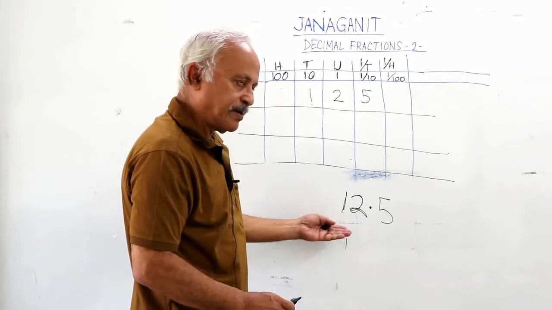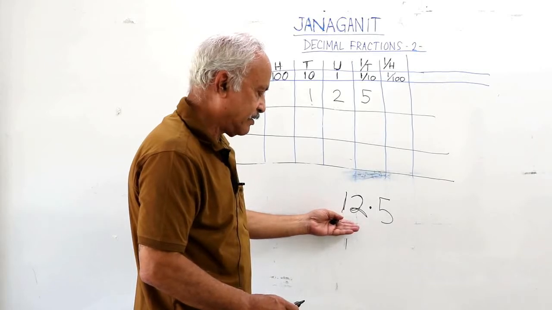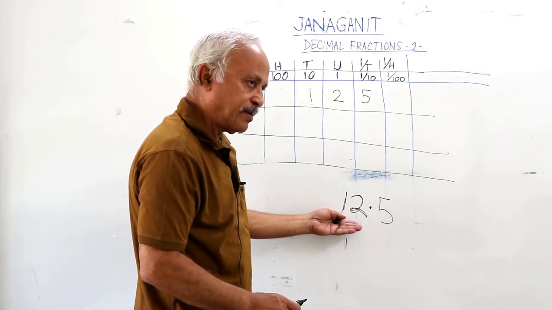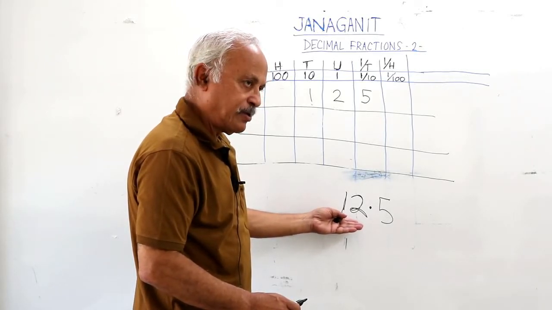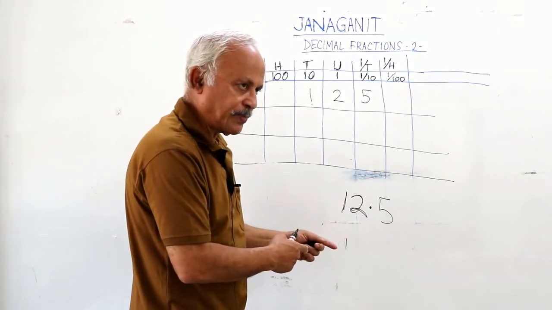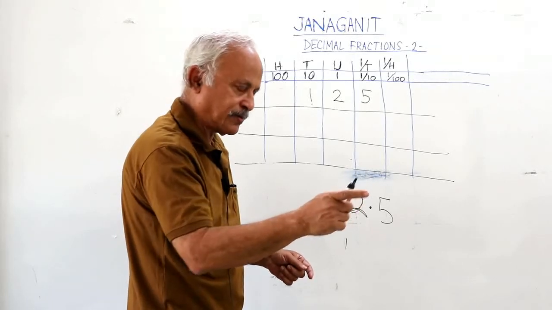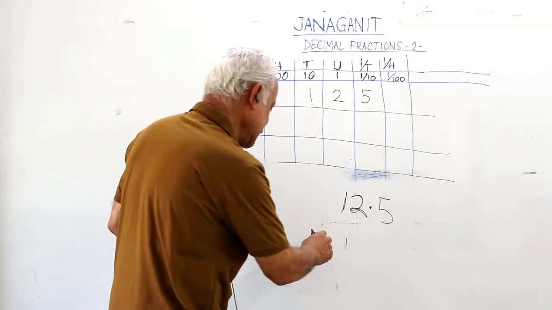Now I am going to write a number, and you have to write it in your slates in the correct houses. I am going to write it with the decimal point. You have to write it in the houses on your slate. The number is